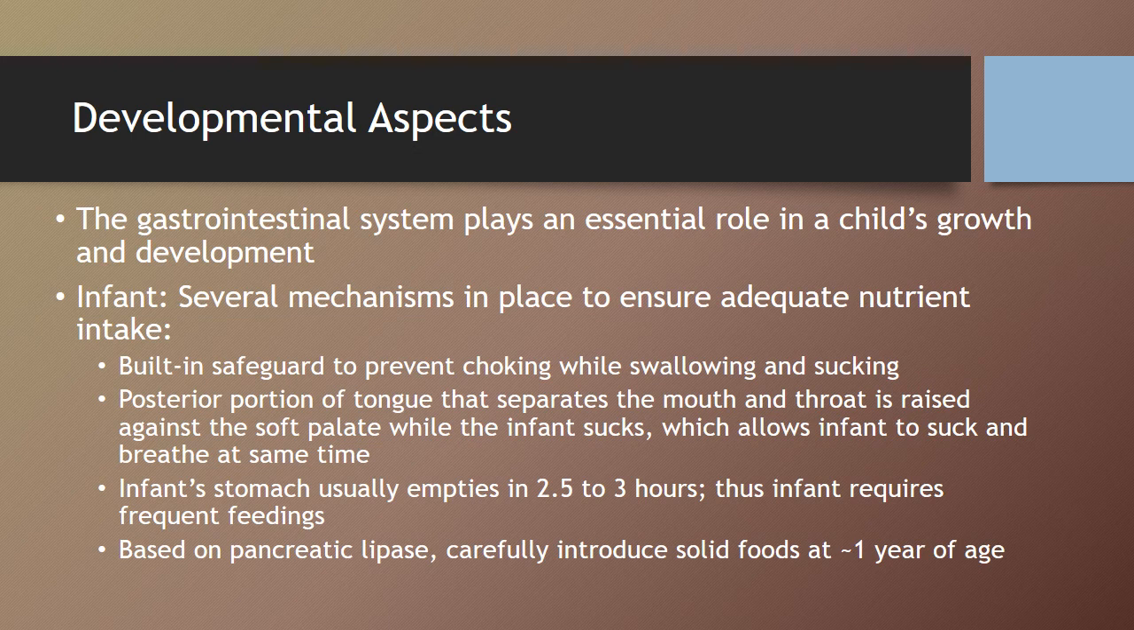Also, as we know, the stomach usually empties in 2.5 to 3 hours, so they're going to require more frequent feedings, even more so if they're being breastfed. I mean, that's about the amount of time when they're being breastfed. Like we discussed before, if they have the formula, they tend to last longer. And then, as far as the pancreatic lipase, that